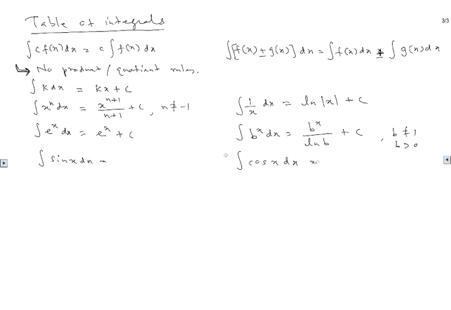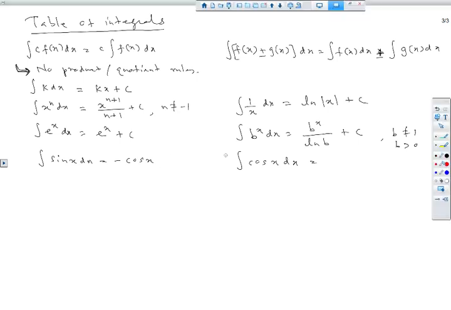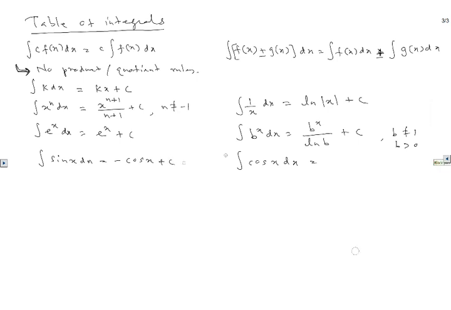What is the integral of sin x dx? It is negative cosine x. I'm sorry, not dx. Okay, negative cosine x plus c. And then this one is